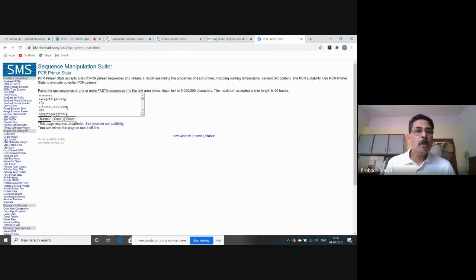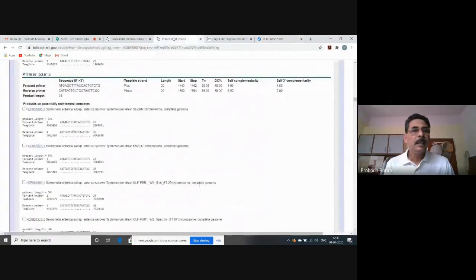Here is the window where you upload the primer sequences. We are to upload the sequences in FASTA format. First let us delete the sequences already in the window, or you can just click clear, which will clear everything. Then go back to the primer BLAST and bring the forward primer, Control C. Come back to PCR Primer Stats.